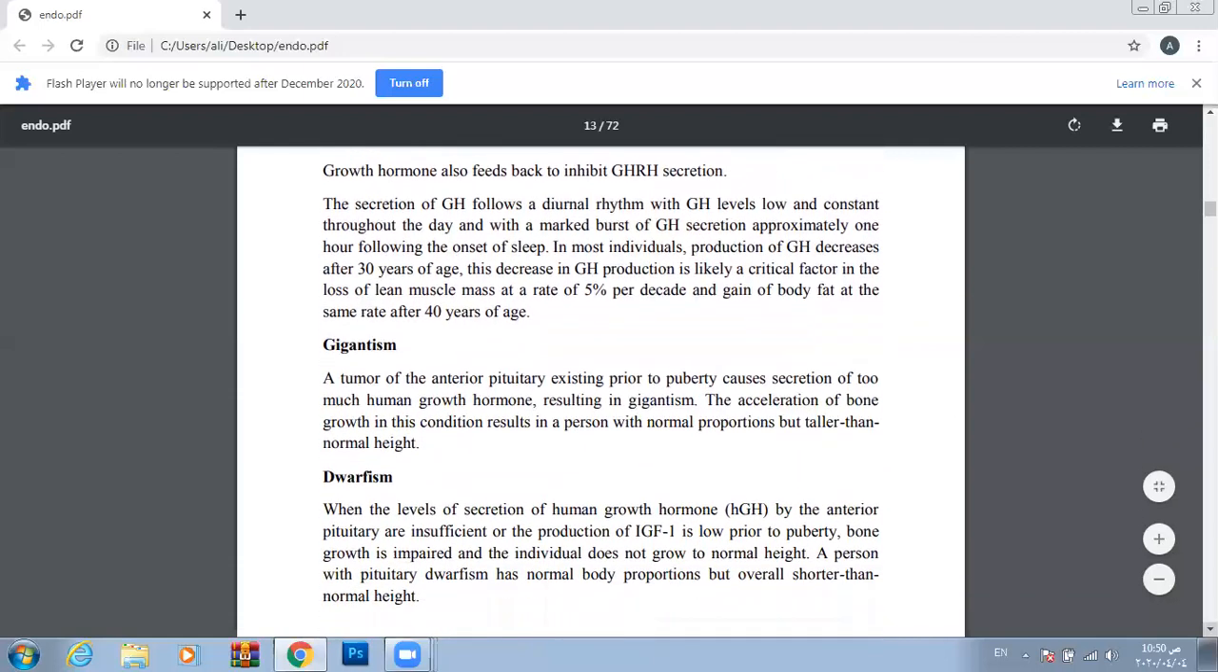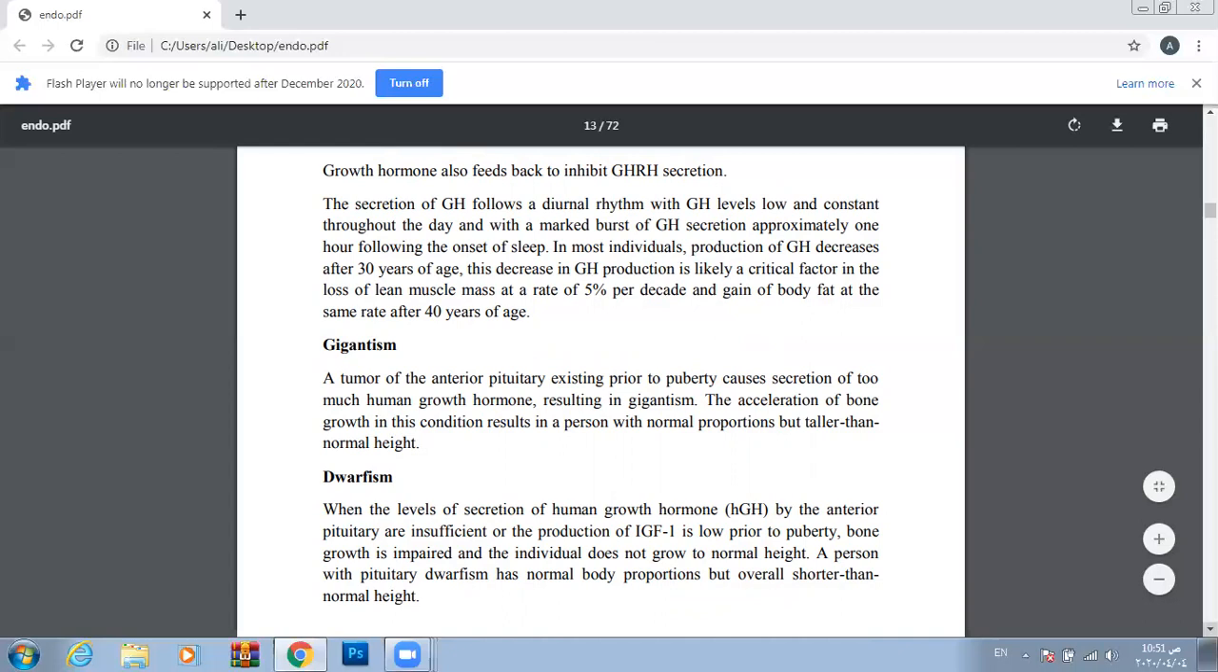The secretion of growth hormone follows a diurnal rhythm with growth hormone level low and constant throughout the day, with a marked burst of increase in growth hormone secretion approximately 1 hour following the onset of sleep. وجدوا بأنه الحقيقة الجروث هرمون سكريشن ما يشتغل بطريقة يعني مستمرة، وإنما شنو هو؟ يعتمد على الليل والنهار. وجدوا أنه بالنهار نعم يطلع، لكن أكثر شيء يطلع شو وقت؟ يطلع بالليل بعد ساعة من النوم approximately 1 hour